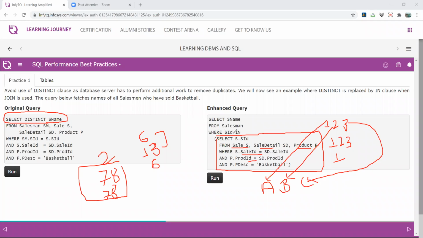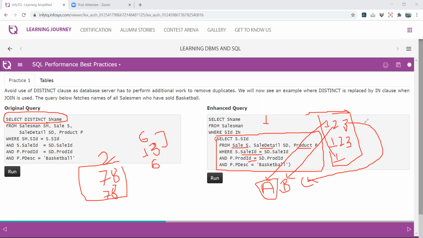Now the outer query comes into the picture. We take an SID from the salesman table and compare it against the entire result of this subquery. This subquery produces the result 1 2 3 1 2 3 and 1, right? Clear? When we compare SID 1 against this, if 1 exists in this part, yes it exists, then print this value, that's it.